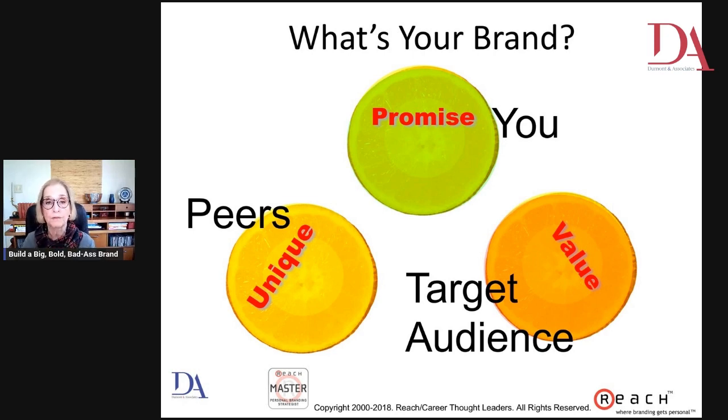So if they accept my invitation and I assume that they want to learn about personal branding or LinkedIn, I could be very wrong, and I could be sending them something that they're going to think of as spam. And aren't we all used to getting spammed on LinkedIn? So don't contribute to the spam.